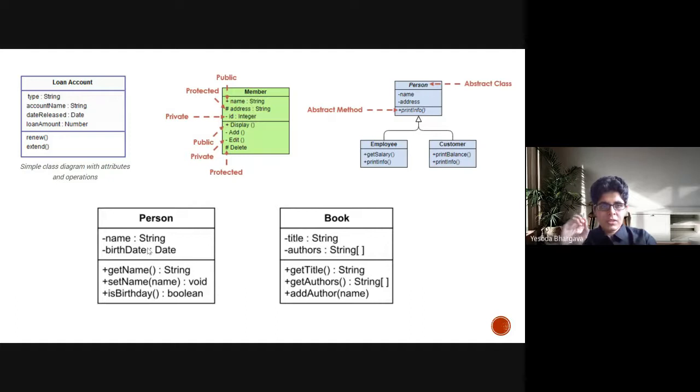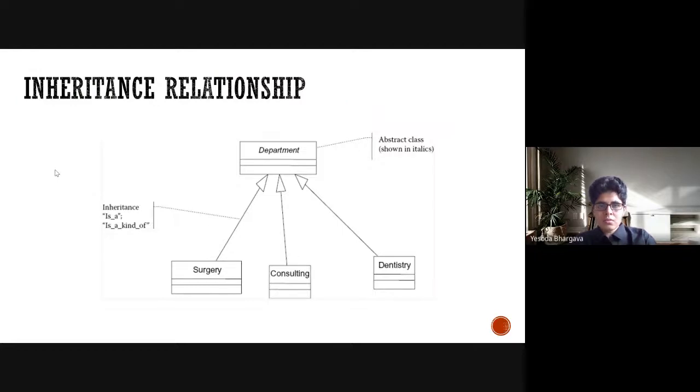When you look at this particular chunk, it is easier to understand what this particular class is supposed to do and what its attributes are. That gives you a first level view of what that particular chunk will be expected to perform in the overall scheme of things. So there are multiple relationships between classes.